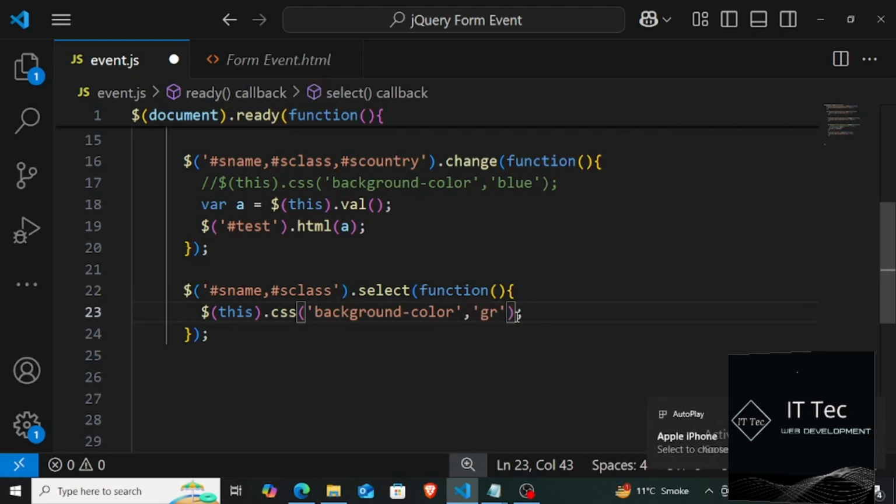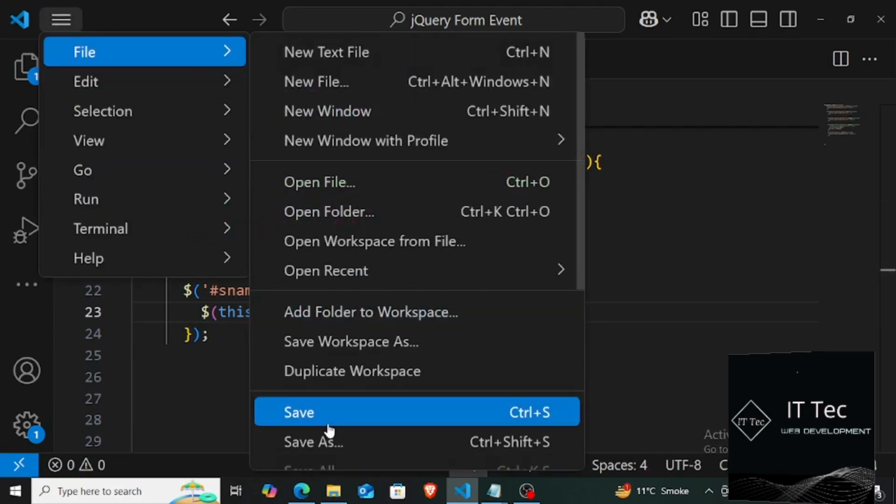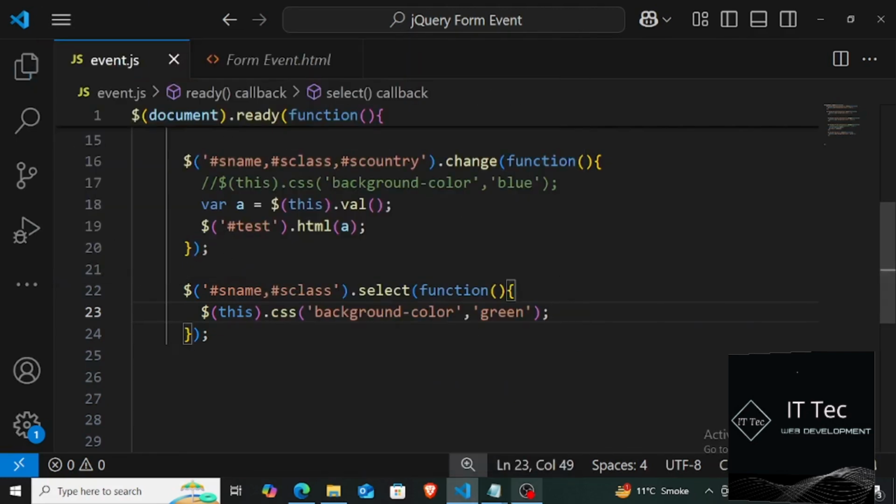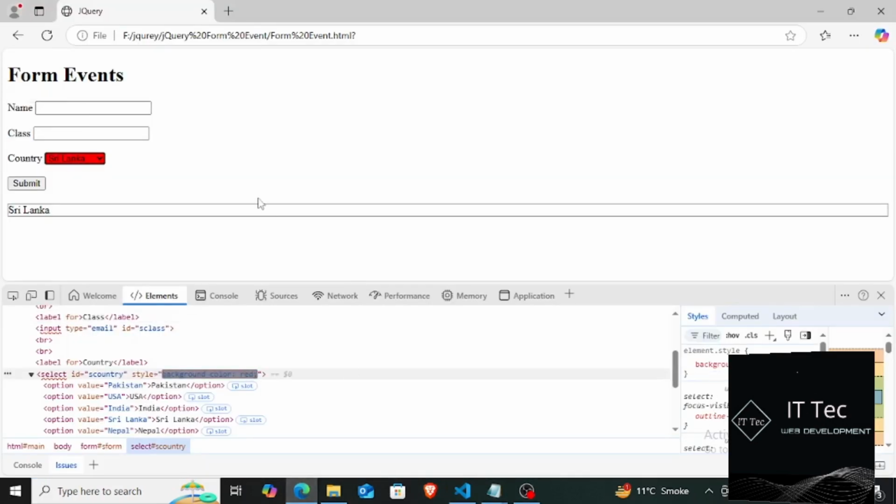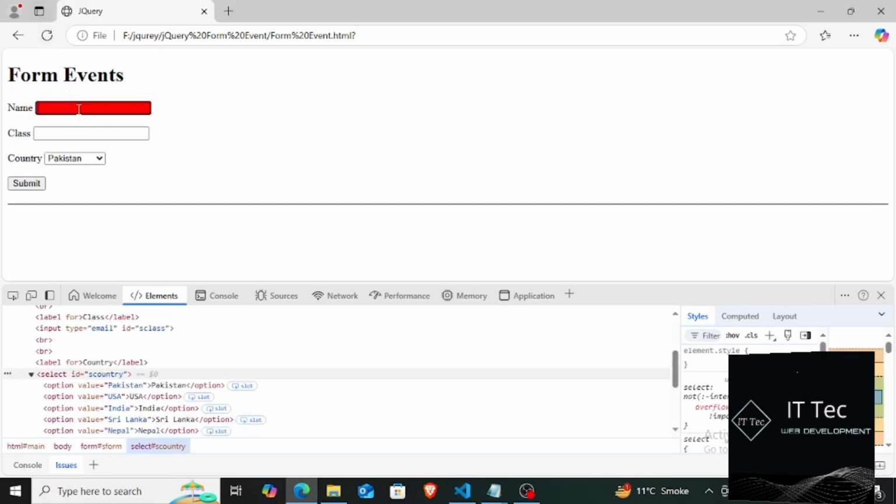color to yellow. As soon as I select the text inside it, the background turns yellow. Now look at this. First, I wrote something in the name, like I wrote any words. I clicked here. I went back and selected the words. So see, the background color is green. I write last inside it. Now see, I focus the last, but as soon as I select it, it turns green. Now you are seeing how the event called select is called. Now I will talk about my last event, whose name is